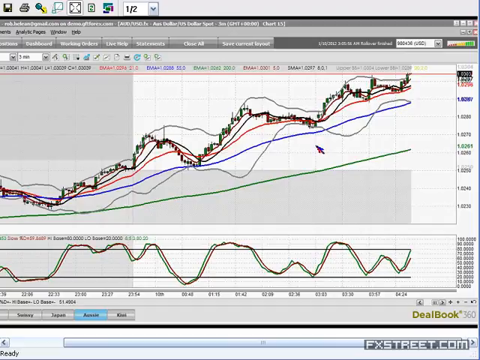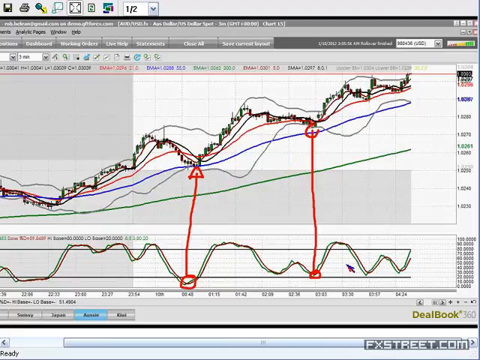So, Stokes cross, pullback, long side, any pullback sort of giving you Stokes crosses. In a trending market, they can work as well. But I don't really get caught up in whether they work well in sideways markets or trending. I'm using the tool to enter a trade, to pull the trigger. And it's one of those things that if it doesn't work, you just have to line it up again.